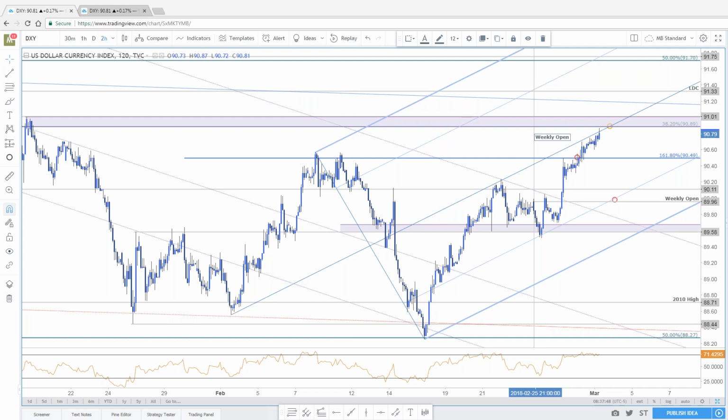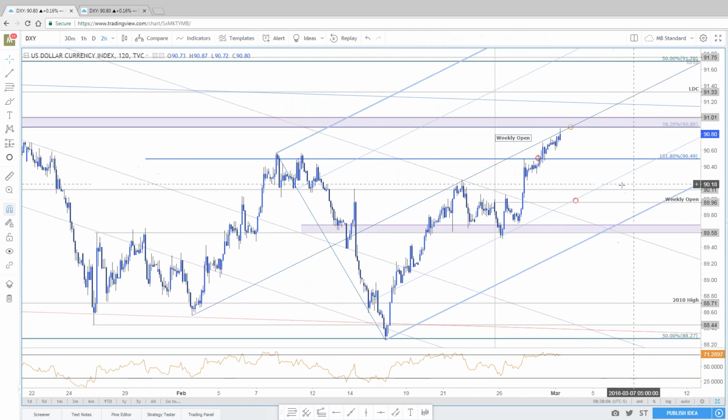So while we were looking for this to travel higher last night, there wasn't really much opportunity to get back in. Right now, we're looking for some sort of exhaustion here. I would be reluctant to play this short. Moreover, if it pulls back, be looking for structural support near 90 on a possible entry to move higher. Remember, we just finally broke the February opening range. Now we're in March, but the February opening range finally gave out. So a little bit more upside, I think, could be at hand.